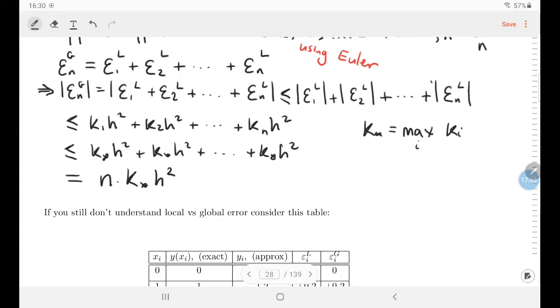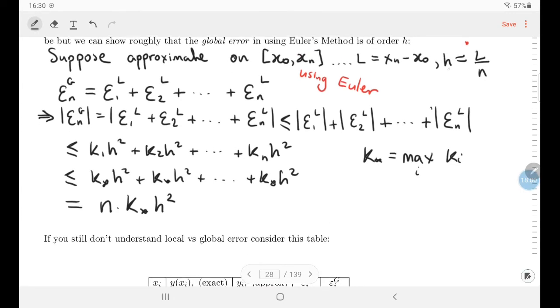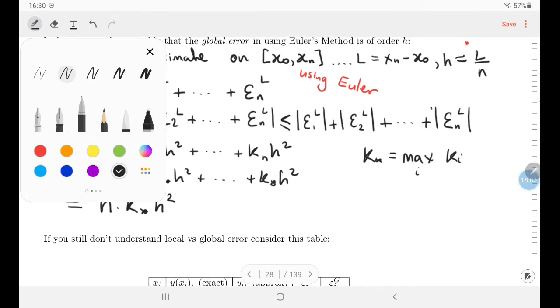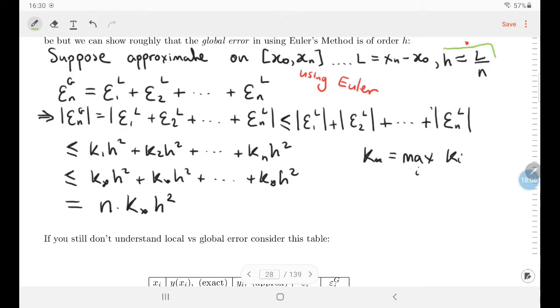Okay, so this is the global error. It's less than or equal to some multiple of h squared, but the thing is that the n here is, yeah, we want to kind of get rid of the n. Why? It's a little bit messy, we won't worry about that too much. But if we look back up here, we know that h depends on n, you see. So you've got n and h squared, you need to get rid of the n out of that. So put that into this,